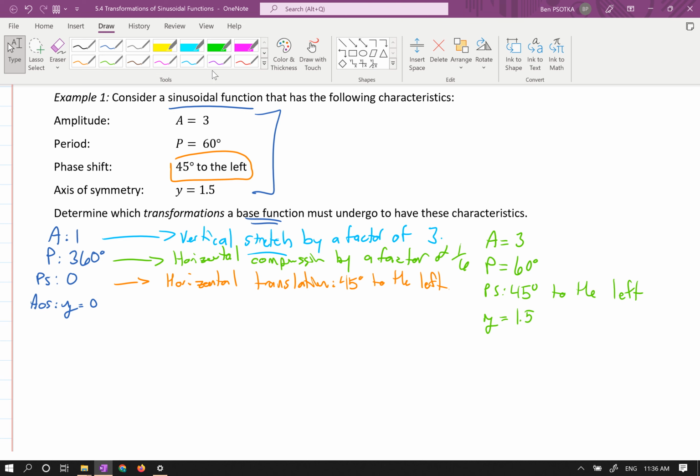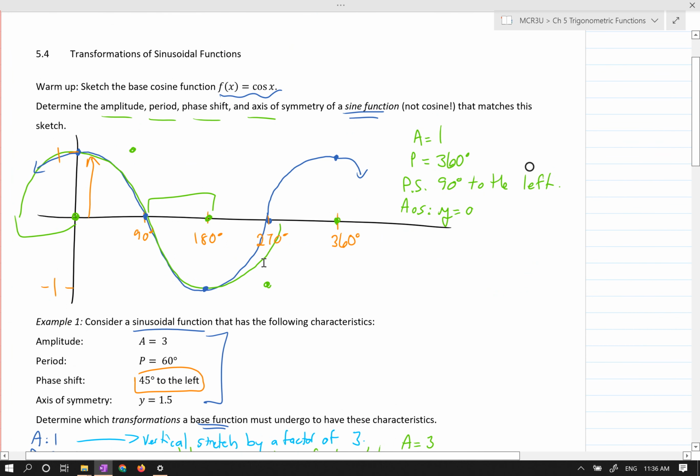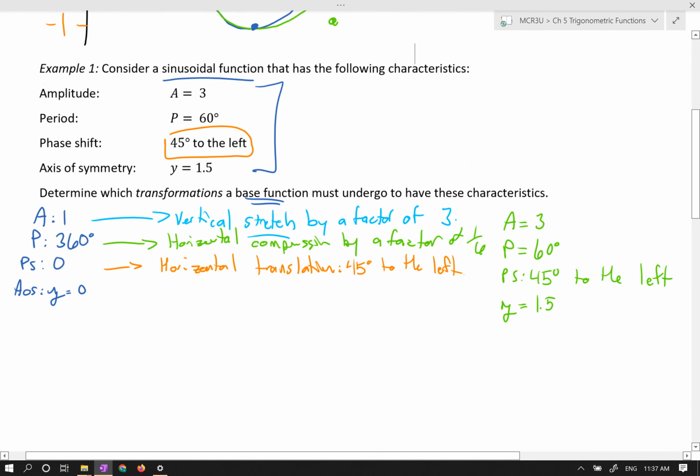And lastly, my axis of symmetry. So my axis of symmetry comes from my vertical translation, right? If I pick up my function here and I move it up or I move it down, then my axis of symmetry moves up or down with me. So if my axis of symmetry was originally 0 and it needs to be 1.5, then we can simply add 1.5 to our axis of symmetry. So we have here a vertical translation,